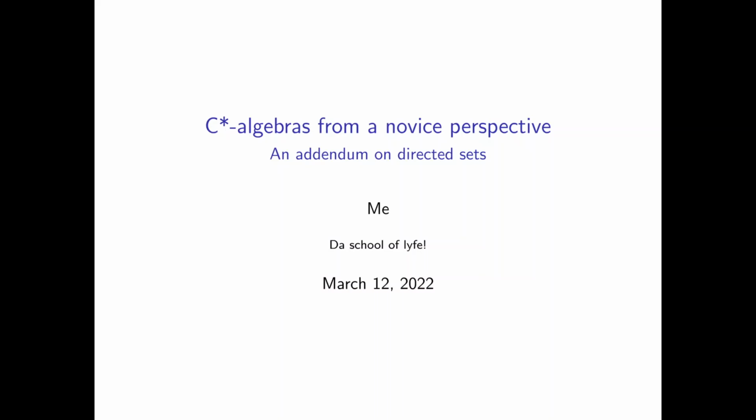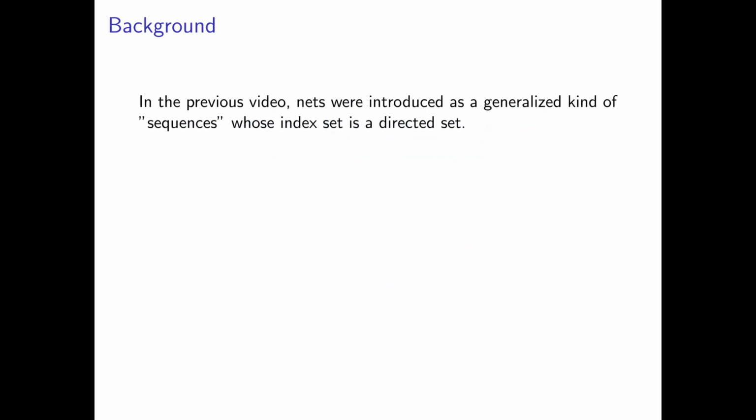This is not going to be part of the main series on C-star algebras from a novice perspective, but it's going to touch briefly on a topic that I discussed in the latest video on approximate units. So as a quick background, just to get everyone up to speed, in the previous video, nets were introduced as a generalized kind of sequence whose index set is a directed set. And these were introduced to define the notion of an approximate unit, which is an important concept for Banach algebras